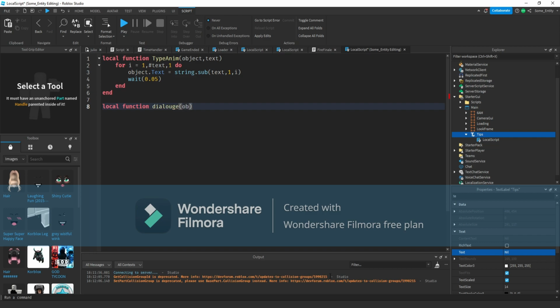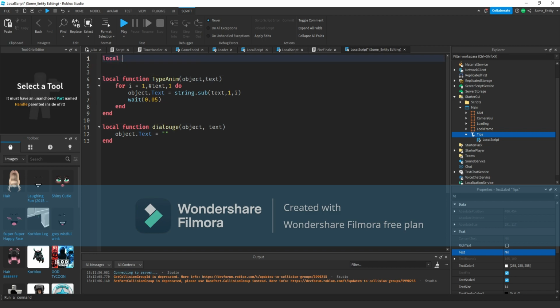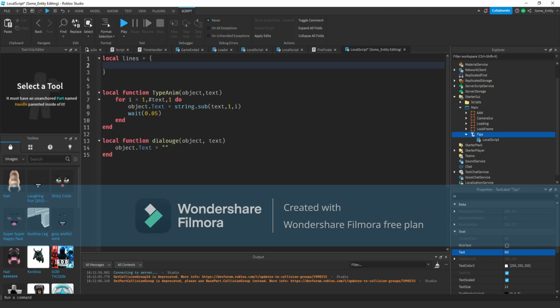So yeah, and now we're gonna wanna put local function dialog, and we're gonna wanna put object colon text. So object.text equals whatever you want. Actually, let's just make a table. We want to put local lines equals table. Then we're gonna want to put